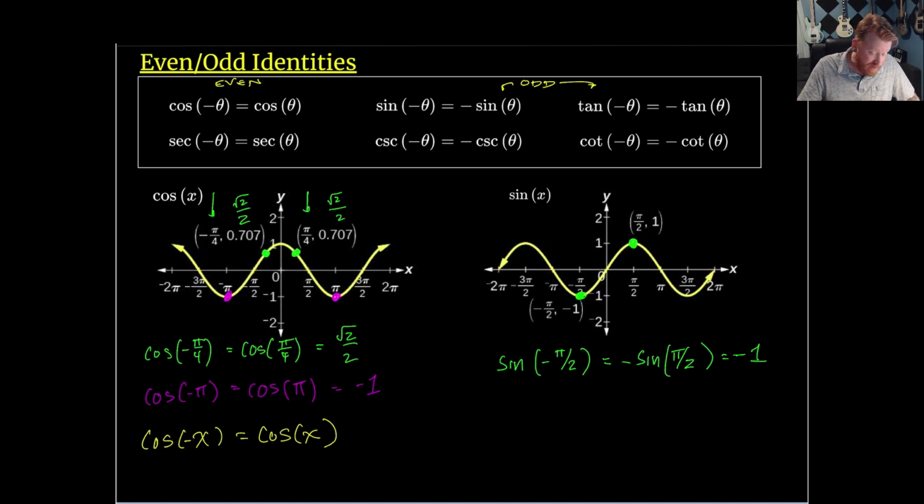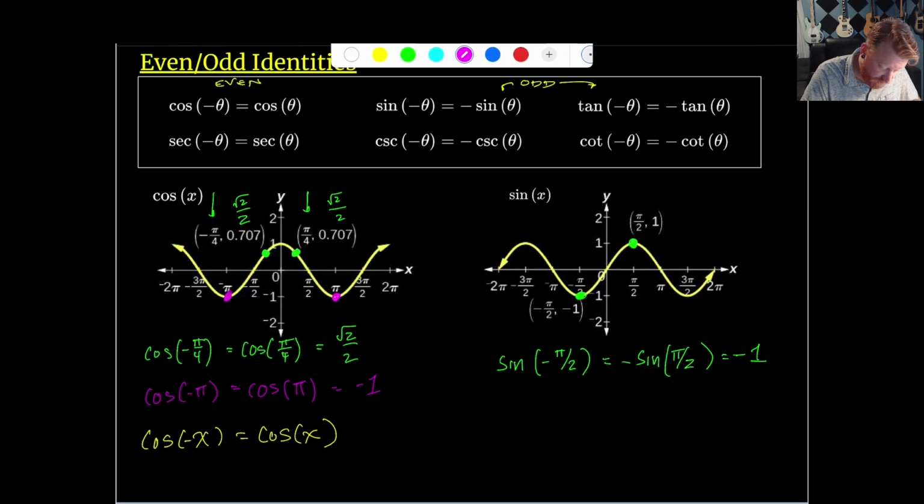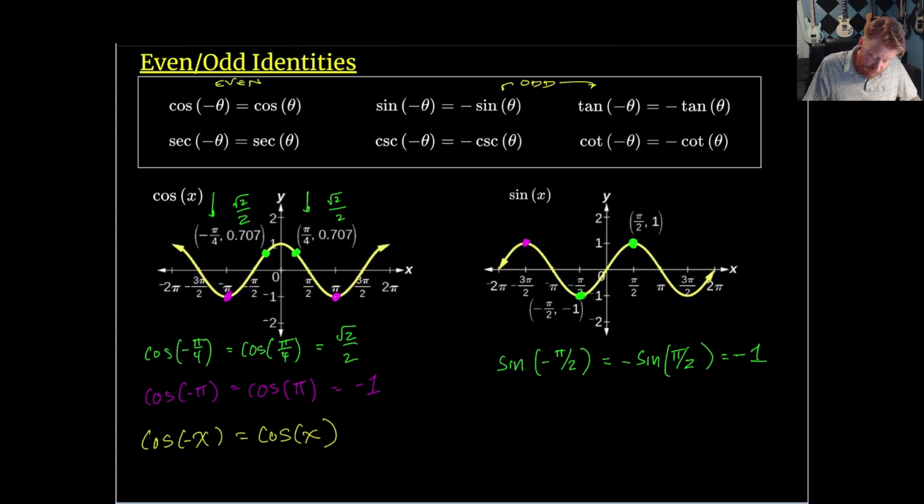And we can do this with literally any point on this graph. So if I just pick a different color, and instead let's choose negative 3 pi over 2. So we're looking at the sine of negative 3 pi over 2. That is going to be the same as, if I look over to 3 pi over 2, you can see that there's this reflection through the origin now, not just across the y-axis. The y-axis is for even functions, but if you have this reflection through the origin, that's what is happening with odd functions here. So we can see that the sine of